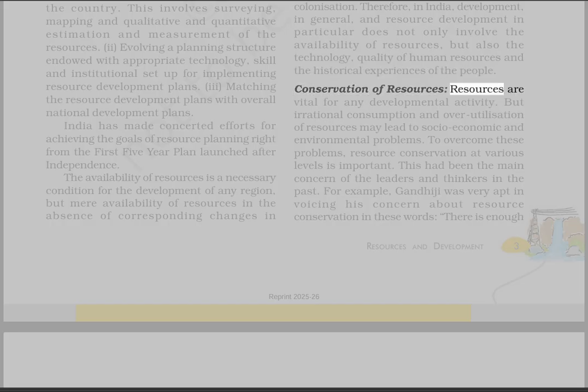Conservation of resources. Resources are vital for any developmental activity. But irrational consumption and overutilization of resources may lead to socio-economic and environmental problems. To overcome these problems, resource conservation at various levels is important. This had been the main concern of the leaders and thinkers in the past. For example, Gandhiji was very apt in voicing his concern about resource conservation in these words: There is enough